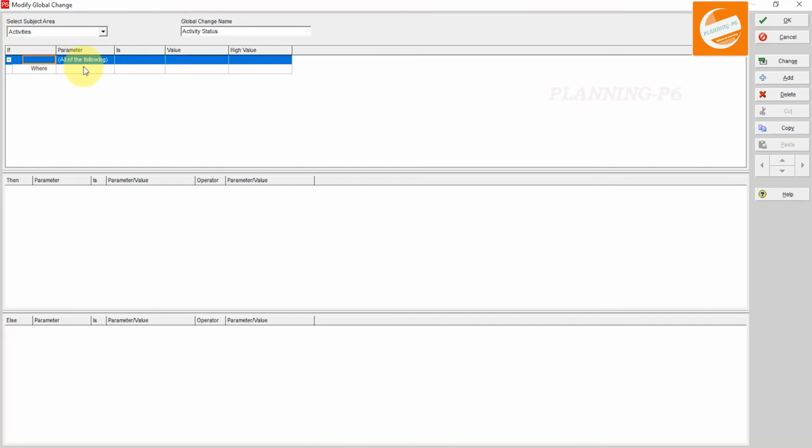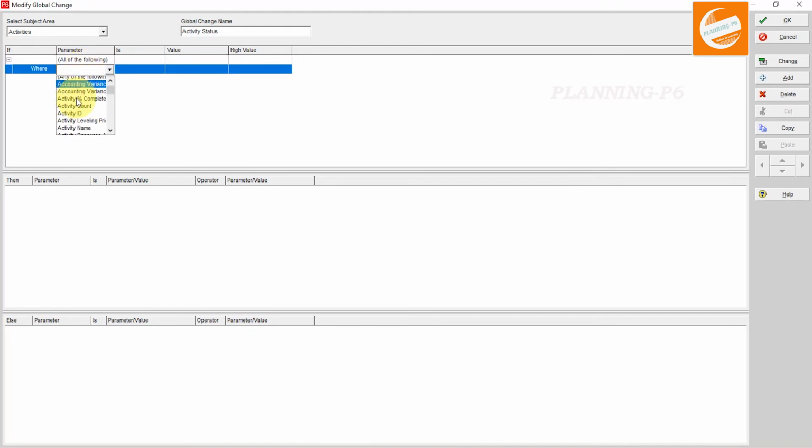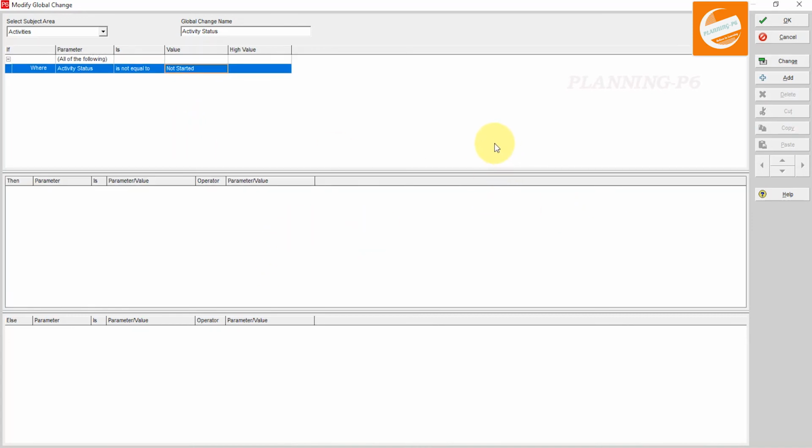Where activity status is not equal to, here we will select not started, it will filter the started activities, and then in parameter values we will add one: activity status is equal to the parameter value not started, and